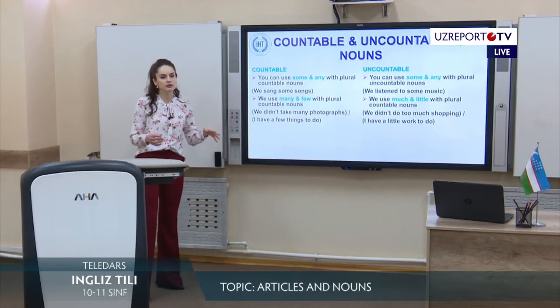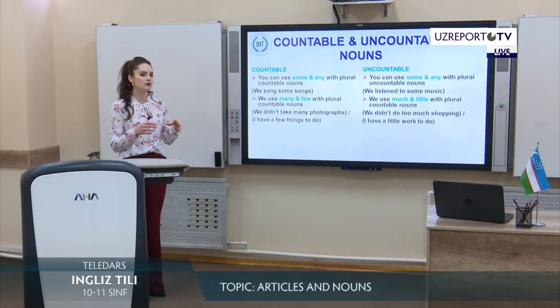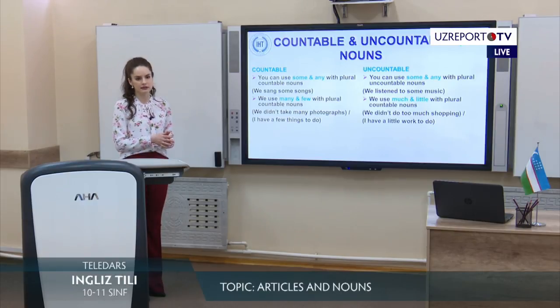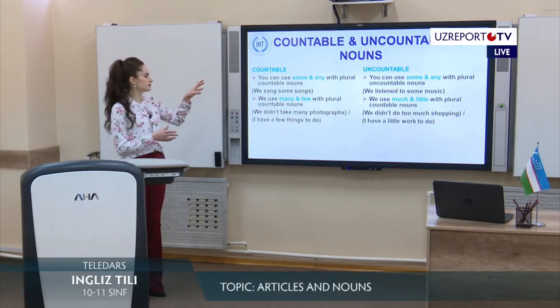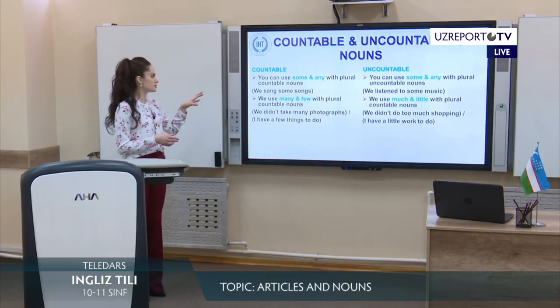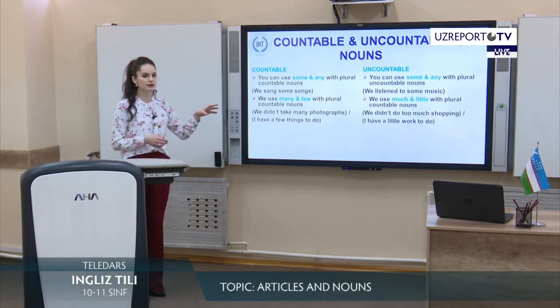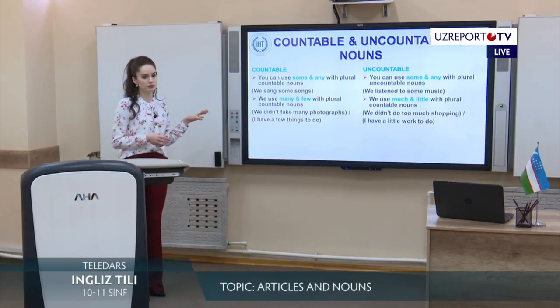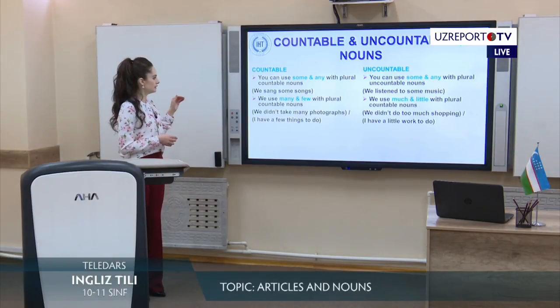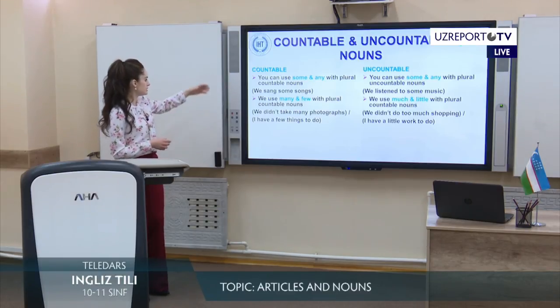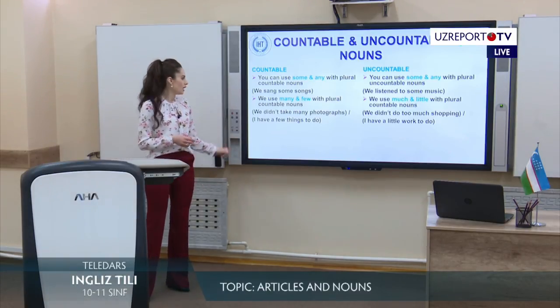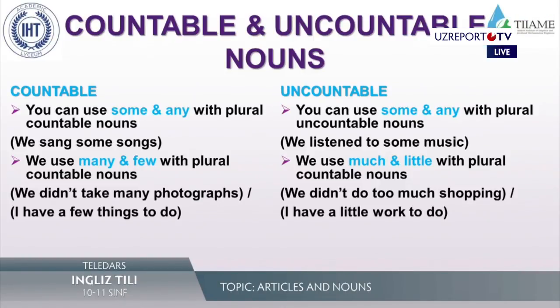It means that we may use these words when we would like to say about some particular amount of things. These words are actual for both countable and uncountable nouns. It will be correct if you use them with both of them. Then, please look at the second point in this column and in that column. Here I fixed many and few. It means that if you would like to say some information about a big amount of countable nouns, you should say